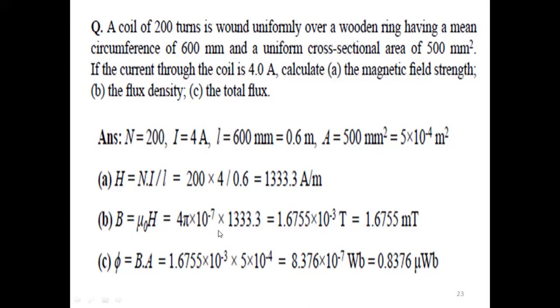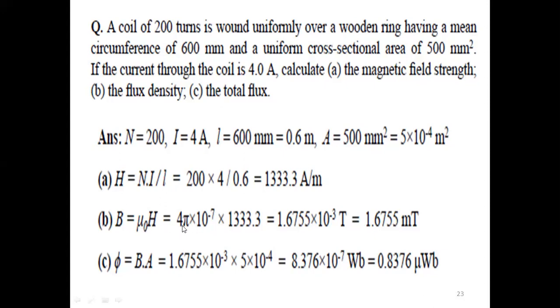You got this answer or not? See, constant, so many people will forget this one. The permeability of free space should be 4π into 10 to the power of minus 7, because B equals mu H, and mu equals mu naught mu R. Mu naught is a constant value, and we already know that. We have to use 4π into 10 to the power of minus 7 for any material.